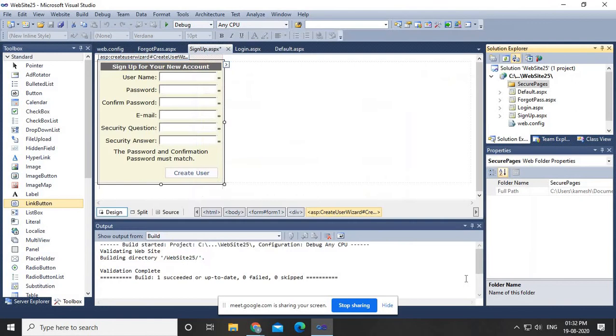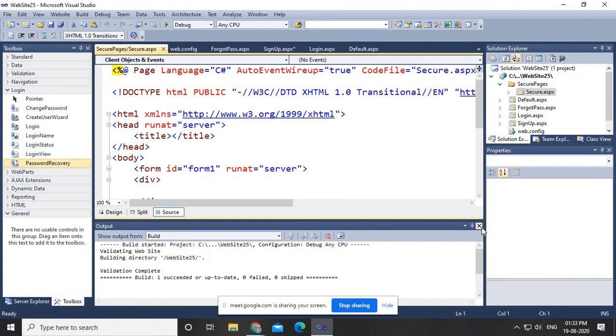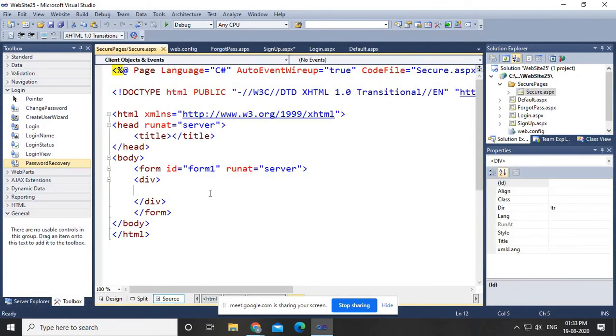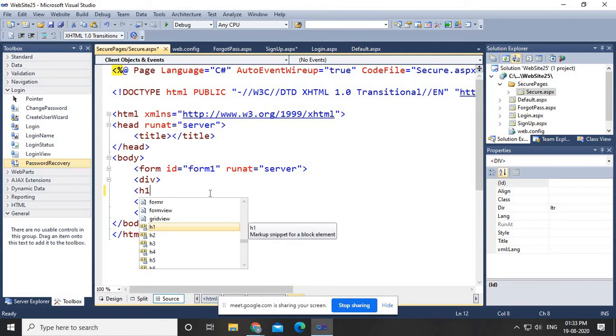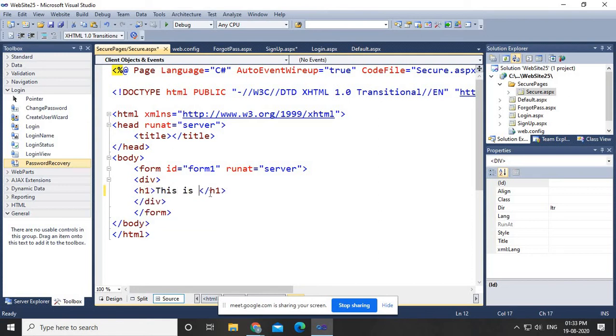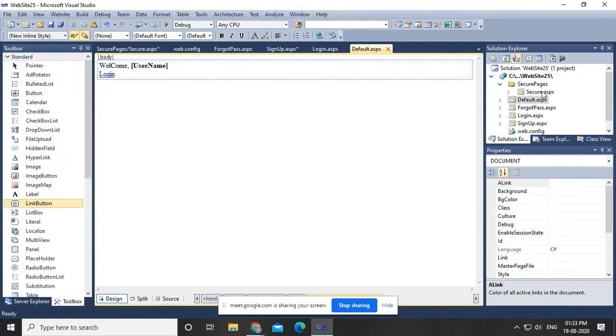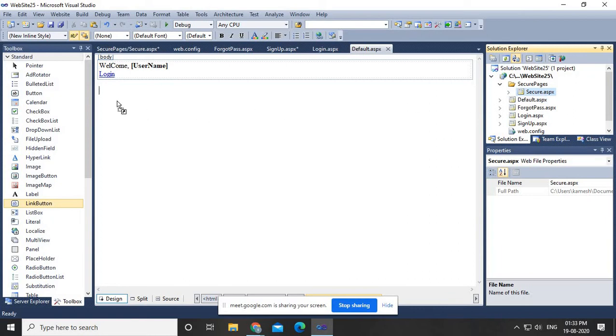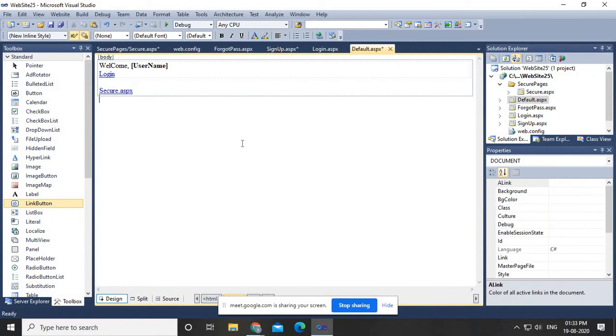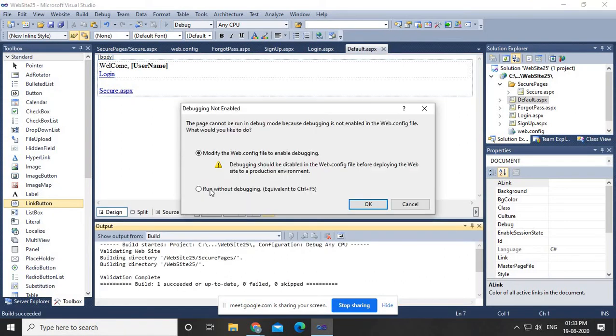Nothing is there, we are just writing a simple message in the h1 tag: this is a secure page. Now we provide a hyperlink to this page on default.aspx. Now I'll run default.aspx and click on secure.aspx.